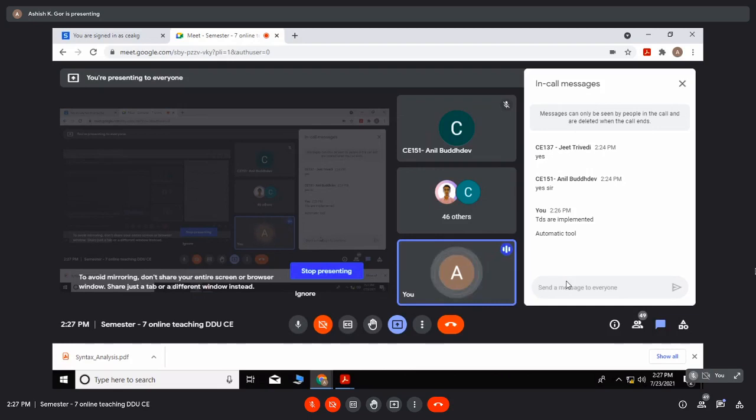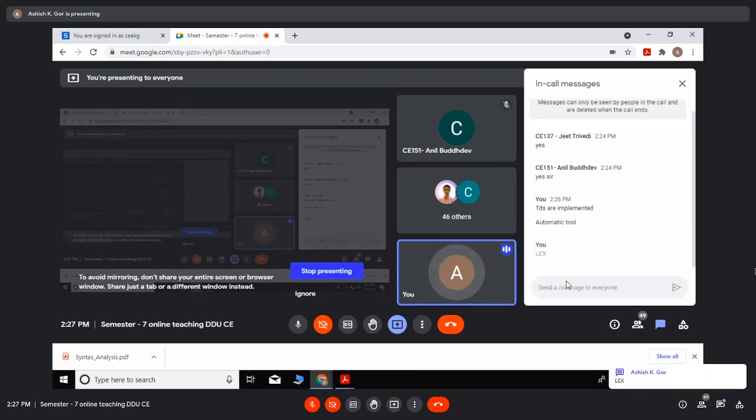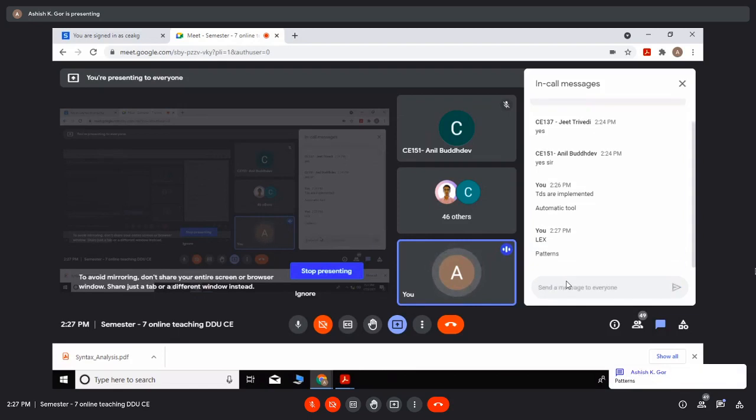But this is indeed a very difficult task. So there is an automatic tool which you are trying in the lab, called Lex. This is an automatic tool where you just give patterns. You write regular expressions or patterns, and you also write the C code that you want to execute, and automatically these patterns are converted to code.